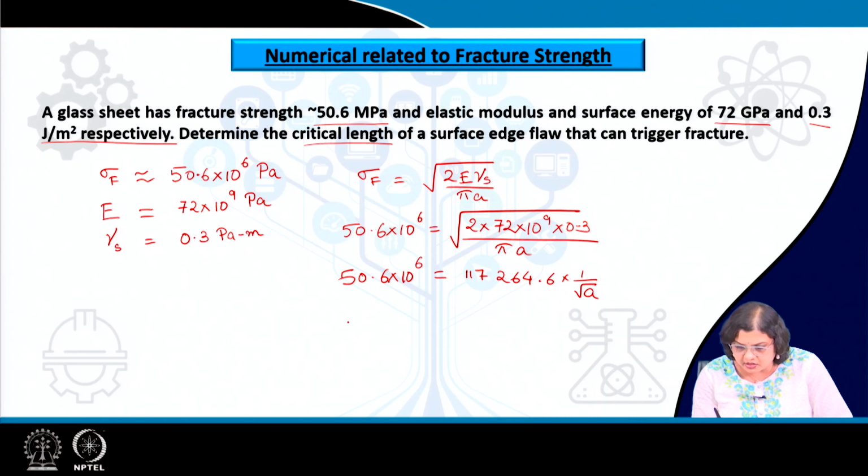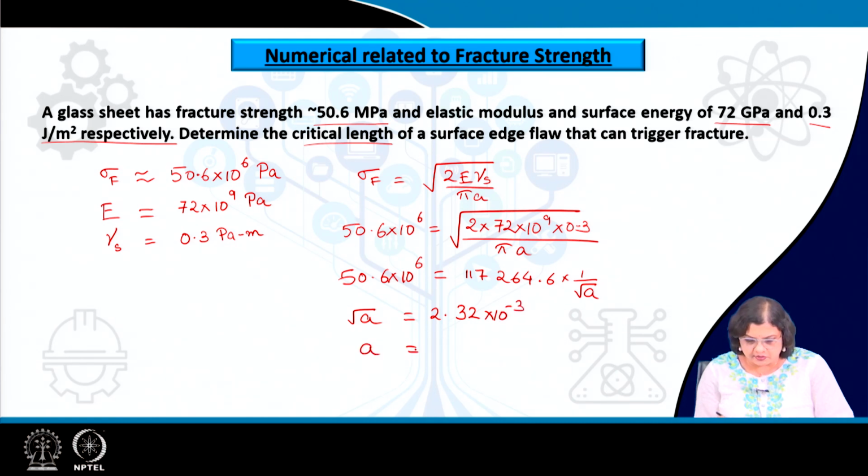So, that makes root a equivalent to 2.32 into 10 to the power of minus 3, or a will be just the square of that, which comes as